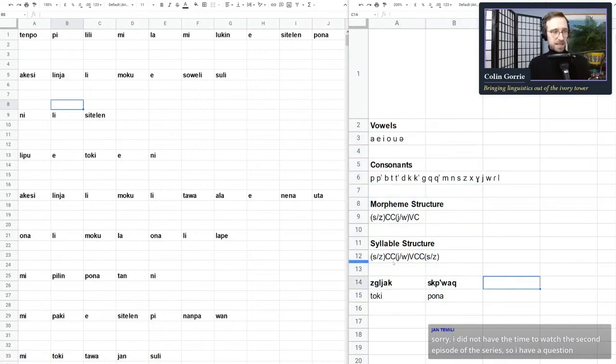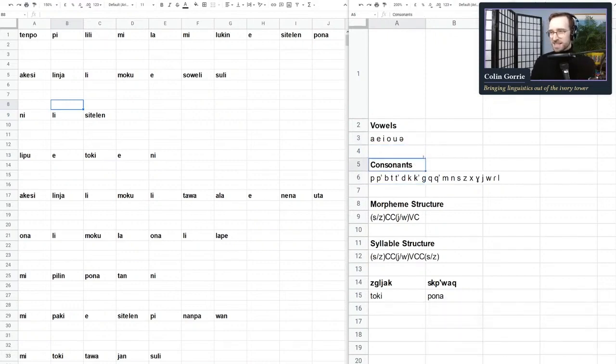inventory of this relexification. We have a 6-vowel system, which is a, e, i, o, u with schwa. We have a consonant inventory. It's not done up in a nice chart, but basically what we have is a 3-way distinction in stops. We have voiced, voiceless, and ejective. So that would be something like, see if I can do this reliably. Voiced, g, voiceless, k, and ejective, so that would be these three right there, g, k,